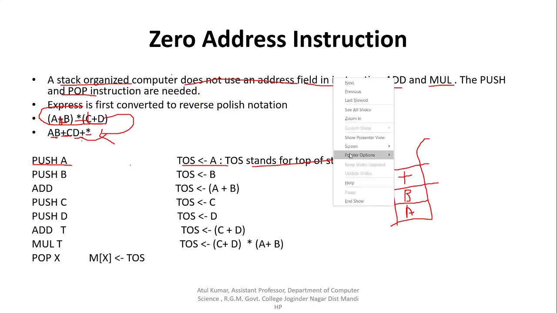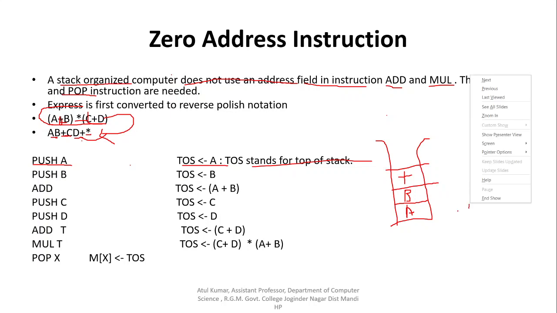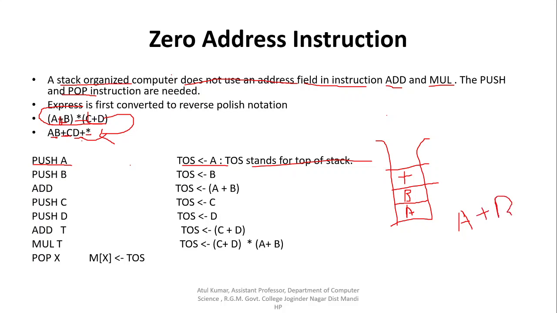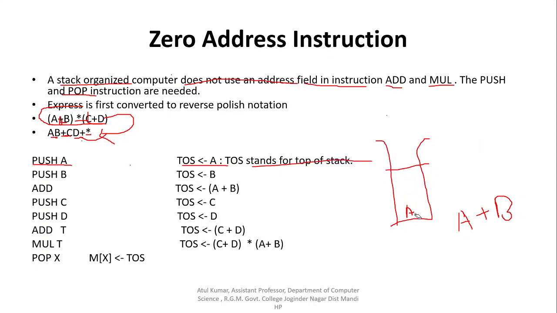So in this case, when there is a plus operator that is to be inserted, as in the reverse polish notation the third item is the plus operator, then both the operands are popped, and plus operation is performed between these two operands, so A plus B. When the plus comes, they are both popped, the operation A plus B is performed, and it is pushed back to the